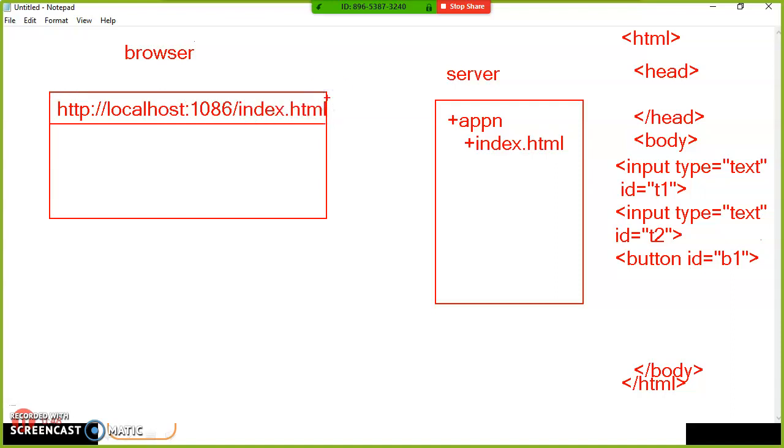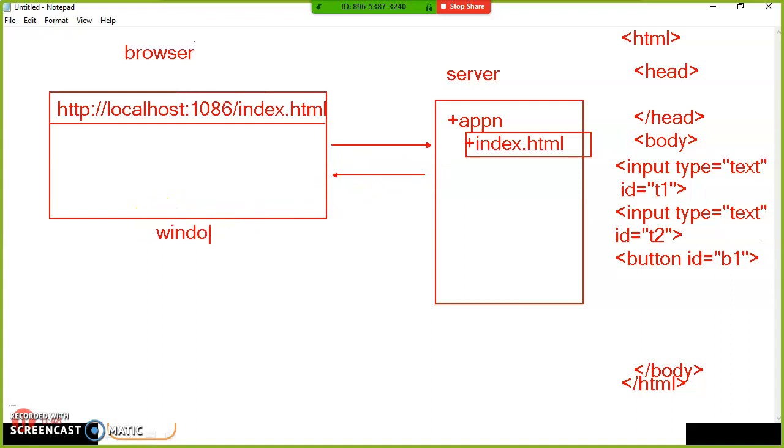HTTP is a protocol which is used to create the communication between client and server, browser and server, and you are sending the request to the server because the server consists of files. The browser is asking the server, please give me this page index.html. So the user will open the browser and enter the URL. Then the request will go to the server. The server will search for this file, and the index.html page will be loaded in the browser.